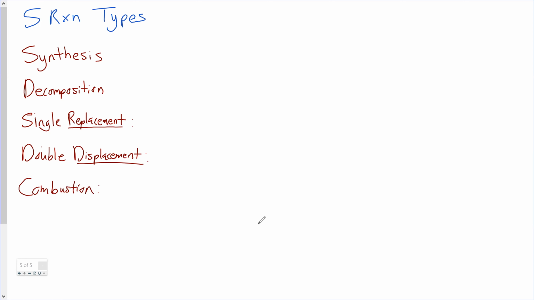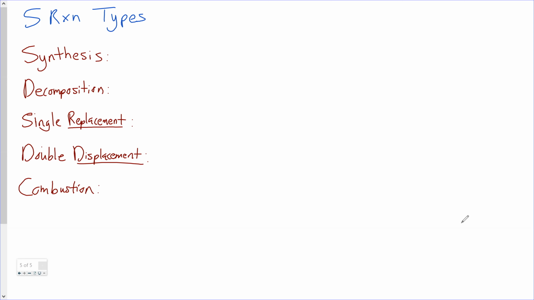Typically in a normal school year, I would also make you learn how to write the products, or predict the products, I should say. But for now, I just want you to be able to recognize the reaction types, all right? All right, so here we go. Let's start with,